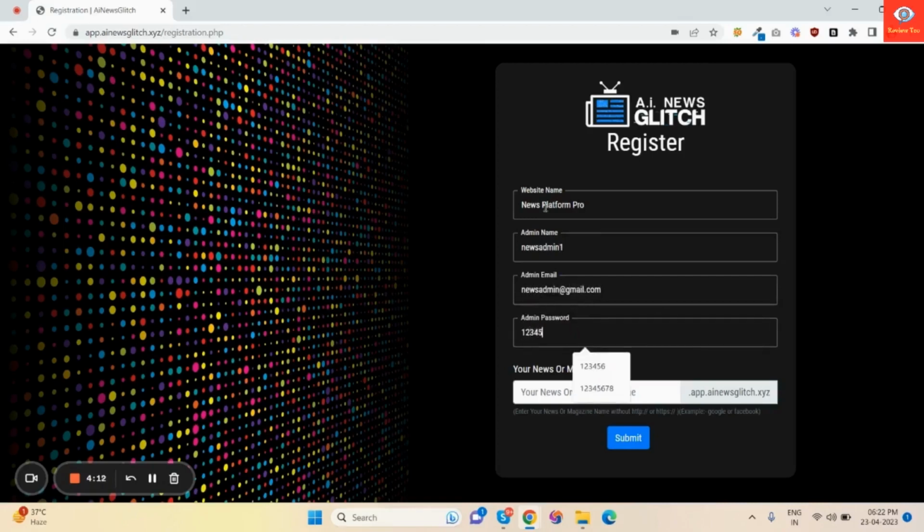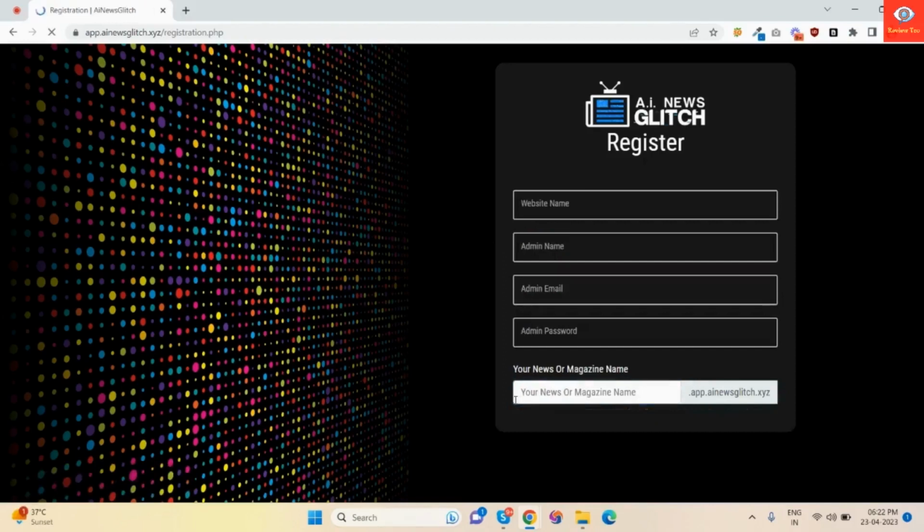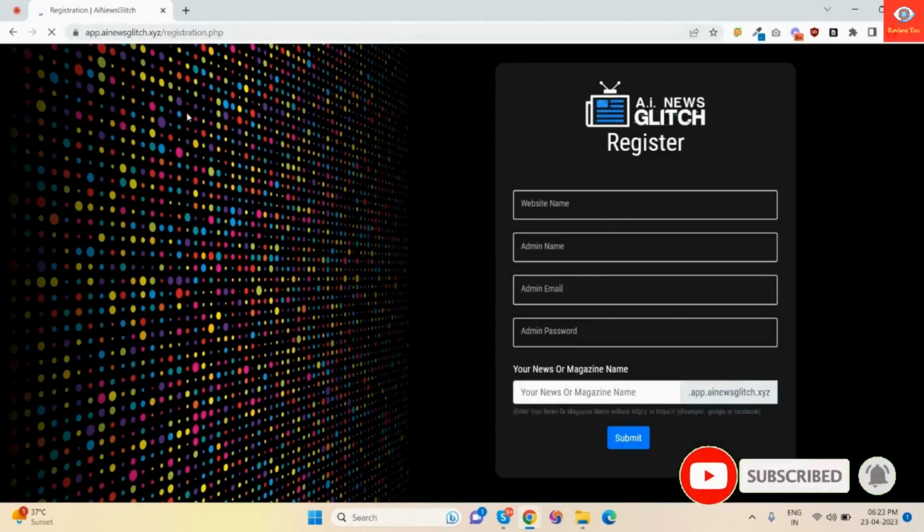Enter your password here like this. Now your subdomain, just click on submit. Now wait for a few seconds, your account is ready. It will redirect you to the admin panel and your main website. Okay, so now registration is a success.